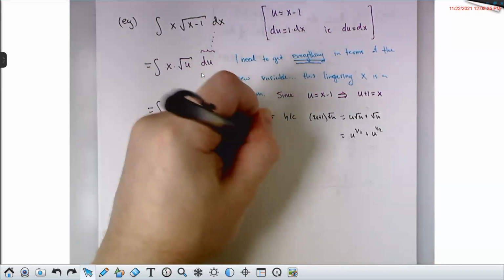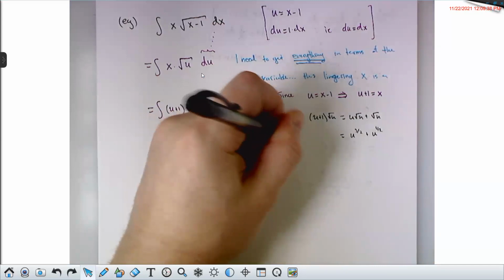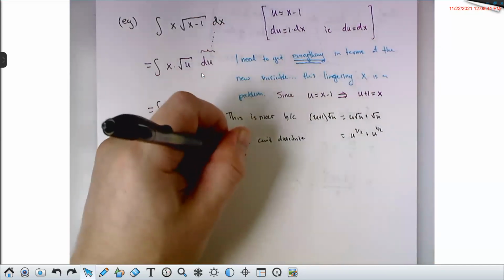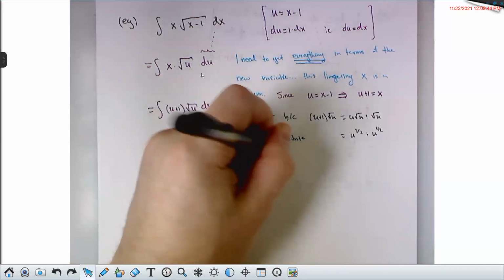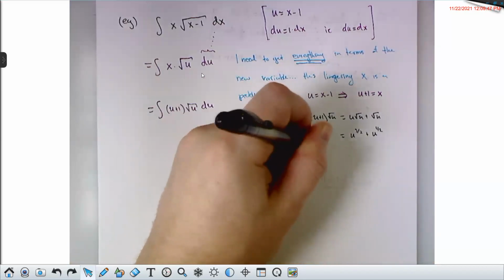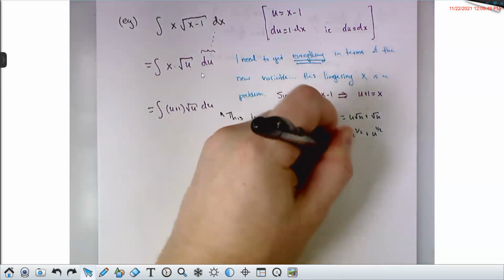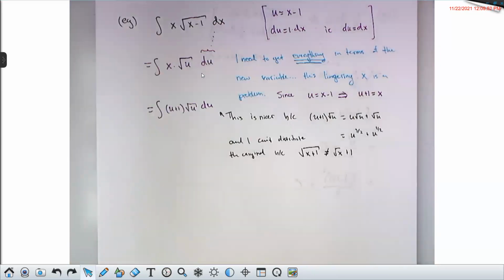And I can't distribute in the original. Because remember, the square root of x plus 1 is not the square root of x plus 1. So I had some addition or subtraction going on underneath the square root in the original, and I don't have any way to split that up. But by making the substitution, I moved the addition or subtraction from under the square root, now there's just a single term under the square root, to over here. And this isn't being raised to any weird power, so I can distribute that.